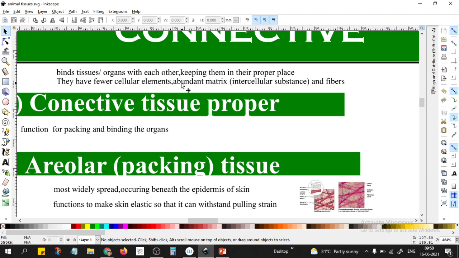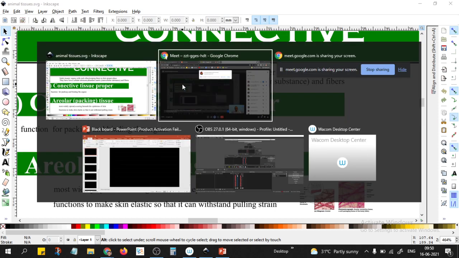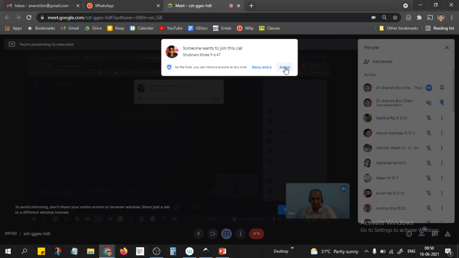Okay, they have an abundant matrix, that is intercellular space and fibers. So very few cellular elements means the organelles that are there. For example,